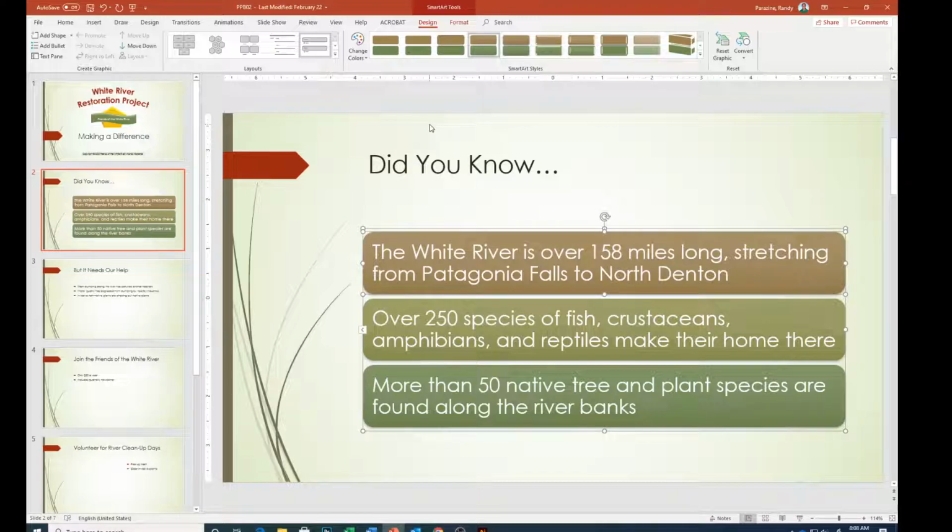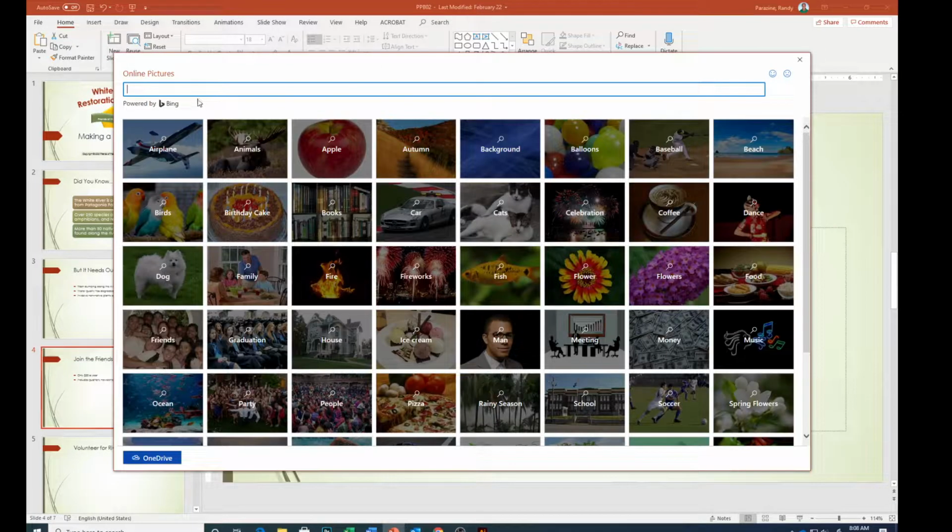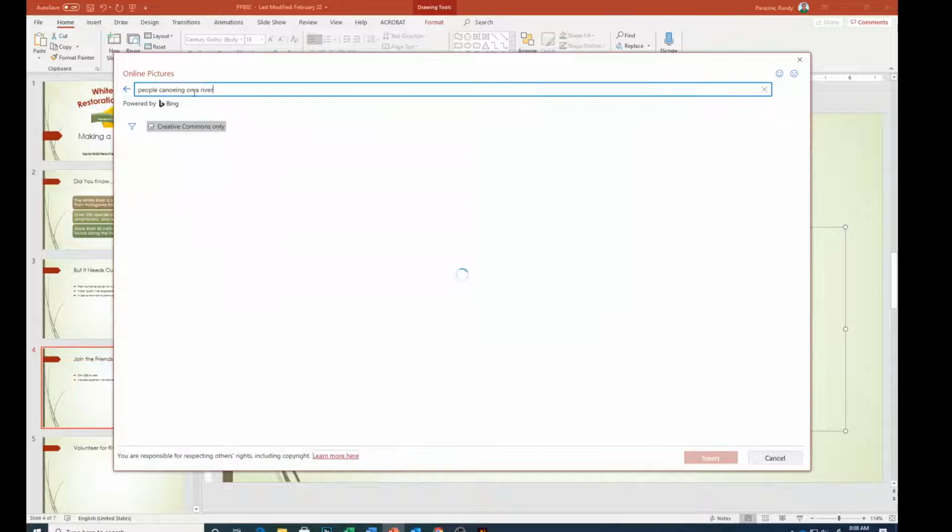Next step says on slide 4, so go to slide 4. In the empty content placeholder, insert an online picture of people canoeing on a river. So I'm going to go over here and click the online pictures, and I'm going to put people canoeing on a river,